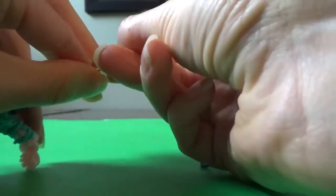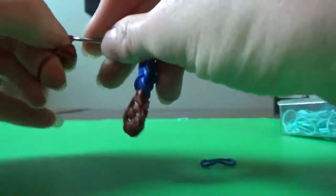Looks like I have one more little loop I need to get over here. It's kind of stuck. Okay. And I want to make sure that wrapped one is staying in the middle. All right, and then a doubled over single. So stretch, twist it around onto itself, and slide through, and we need another 8 sets of double blue, or